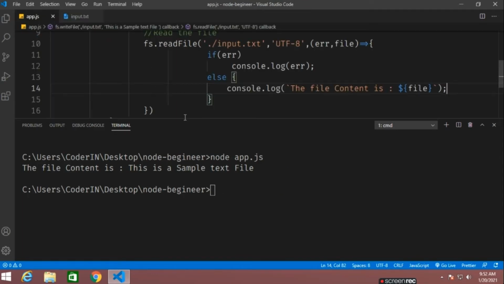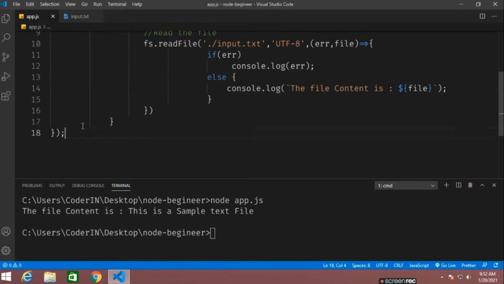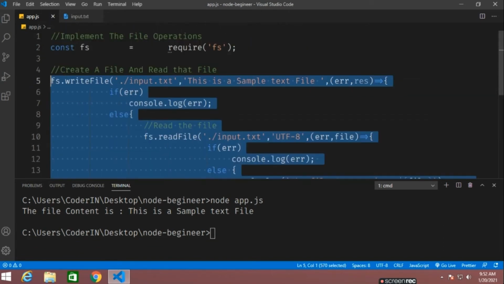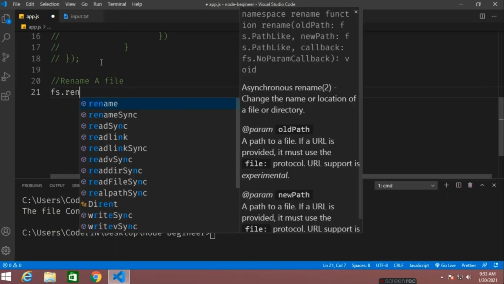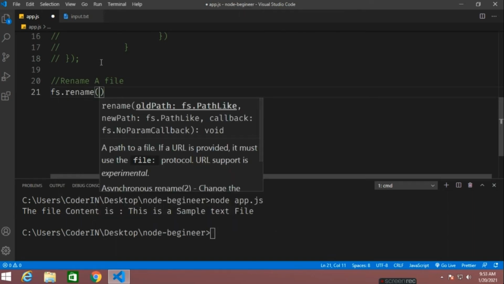Now another thing, we have to rename this file, right? So let me comment this out. Now let me rename this file. Renaming the file means renaming input.txt to another file name. So fs.rename, basic use.